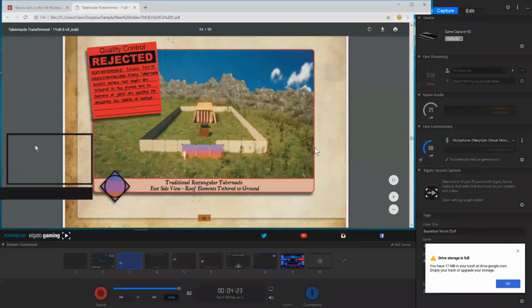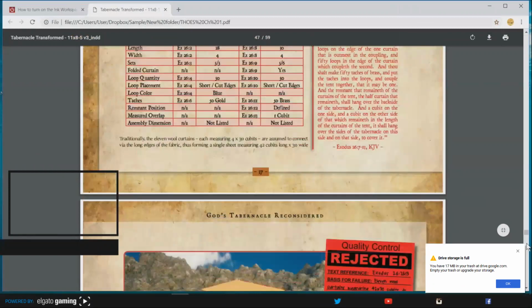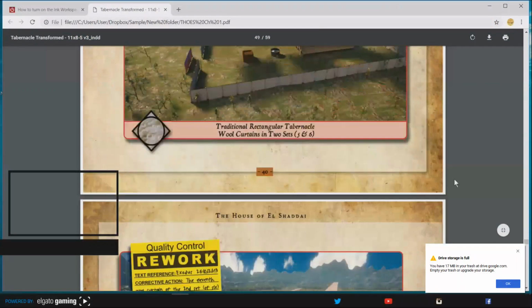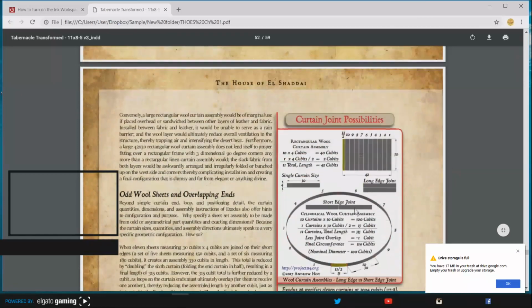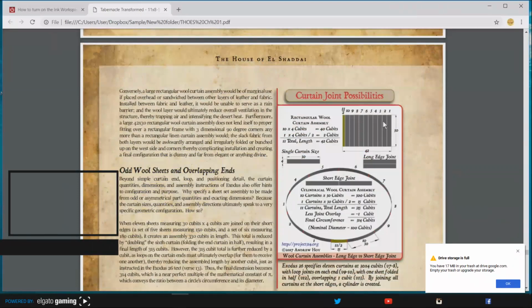So let me get this different screen here. The way that traditionally they attach them is all on the long edges. And when you attach them on the long edges, they make a wide fabric swatch. And this wide fabric swatch, they think it goes over that rectangular structure. And if you join them on the short edges, you have